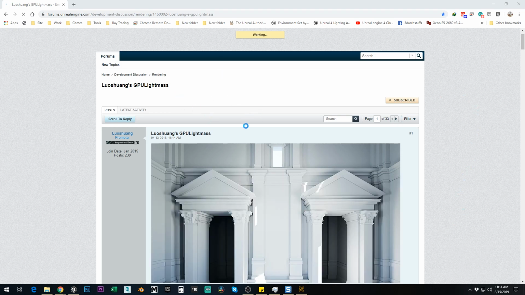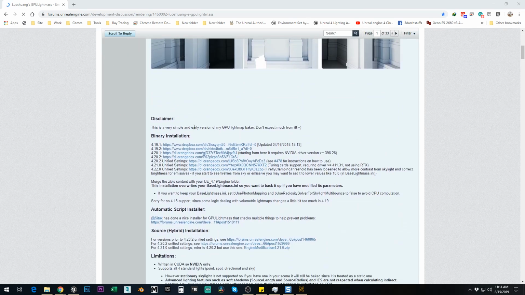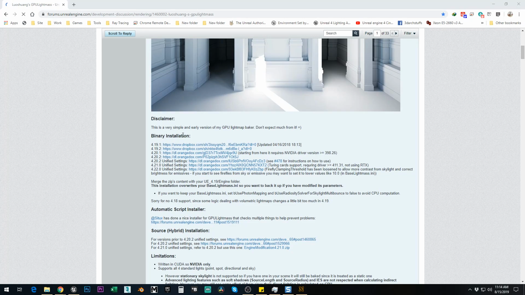So after this page has been loaded, you'll have to go here, binary installation, and then just go ahead and download this. From here, just go ahead and download this link. Just click on this link, and then a dialog box will appear, and then a download box will appear. Just download it, and once you have downloaded it and you extract it, then what you will find is